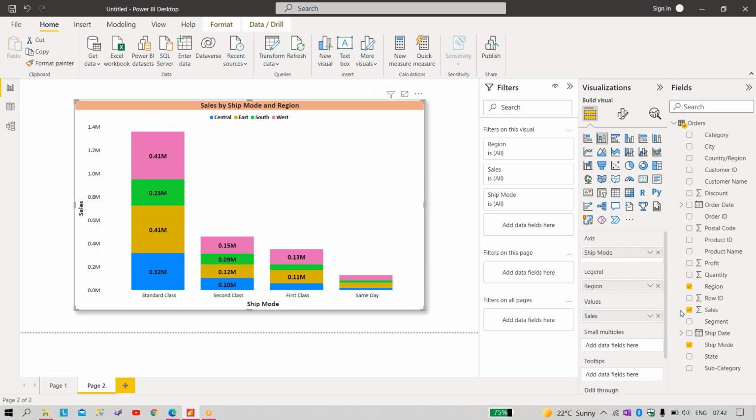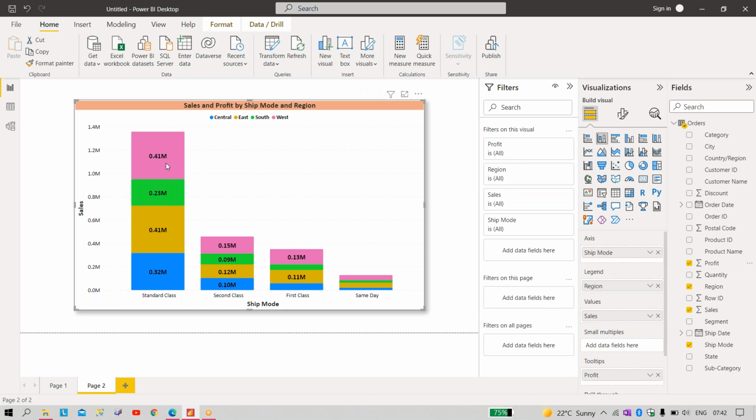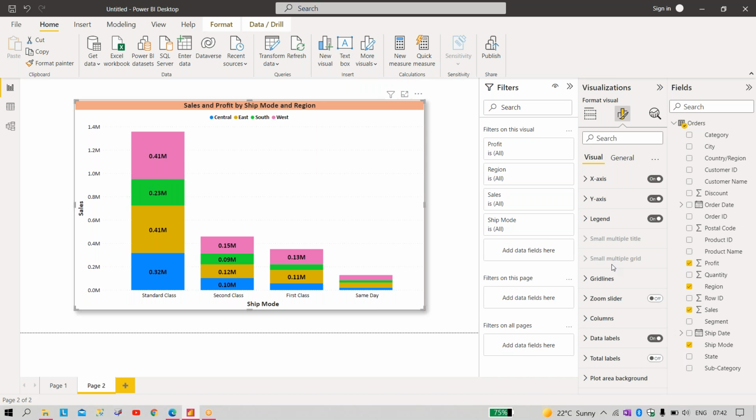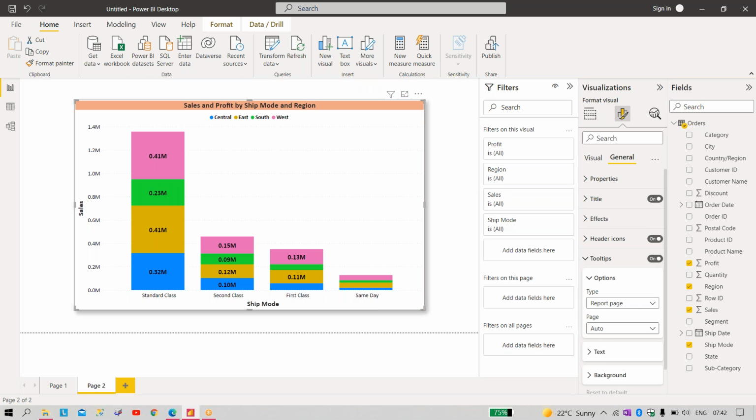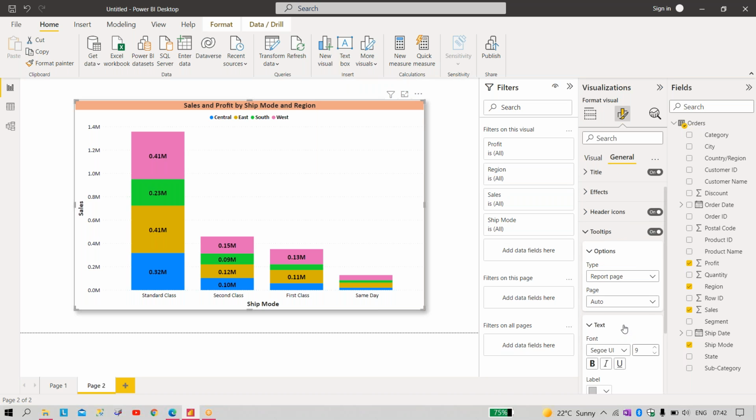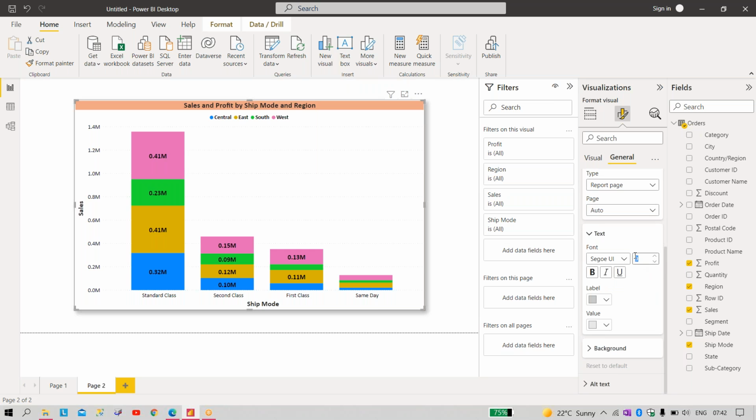So if you add anything related to tooltip like profit or anything, you have to add the profit part also. So here the profit is also visible, and you should format the tooltip. Go to this option, general, tooltip is on, and type is report page. Text size is this. I have to increase the text size to 12, and it is black,